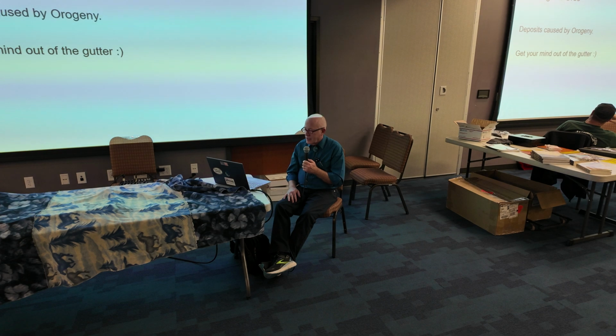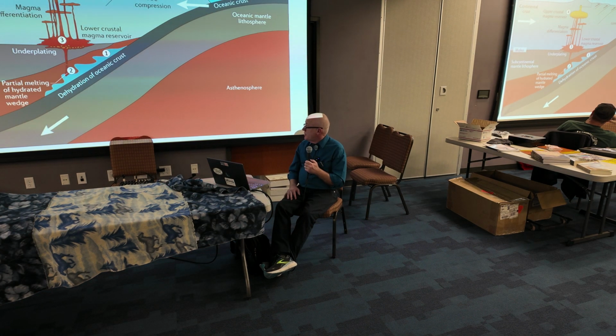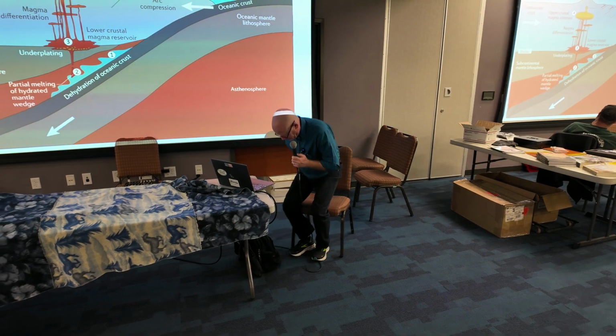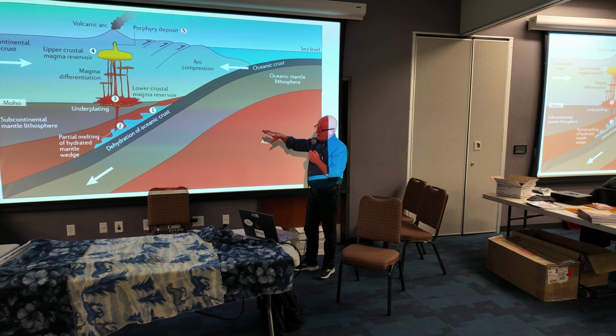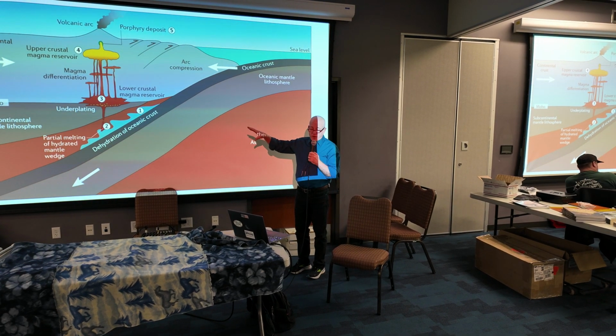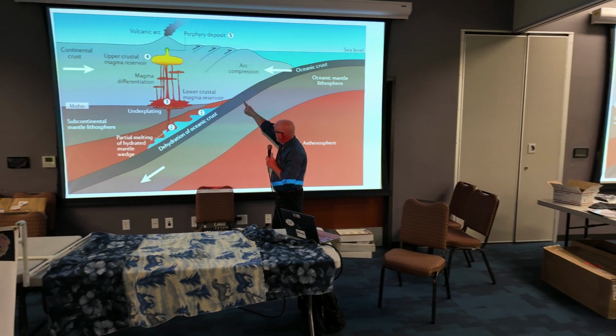All right, orogenic ores. Okay, this is deposits of gold from orogenies. Get your mind out of the gutter. An orogeny is a mountain building process. So, all right. So I'm going to stand up and explain this one a little bit. So this is an orogeny process going on right here. This is exactly what is happening in California along the San Andreas Fault. So you have this fault right here, comes down,